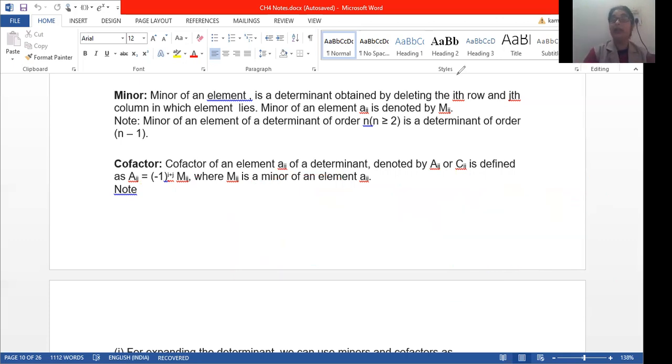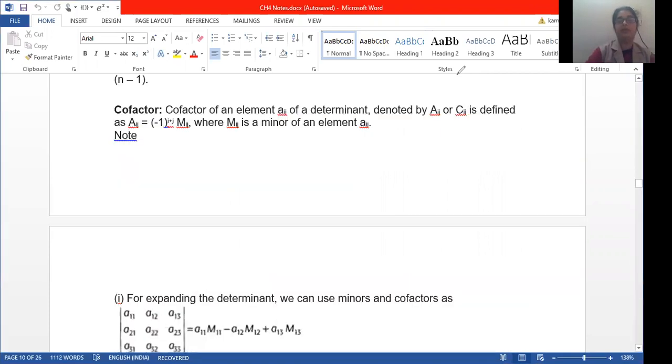Same way you can calculate the cofactor of any element. And if it is written in a question to find the cofactors, then find the cofactors of the particular element. That depends on the question. If it is written find all the cofactors, you have to find the cofactors of all the 9 elements. Now we'll do some questions based on it, then it will be more clear to you.